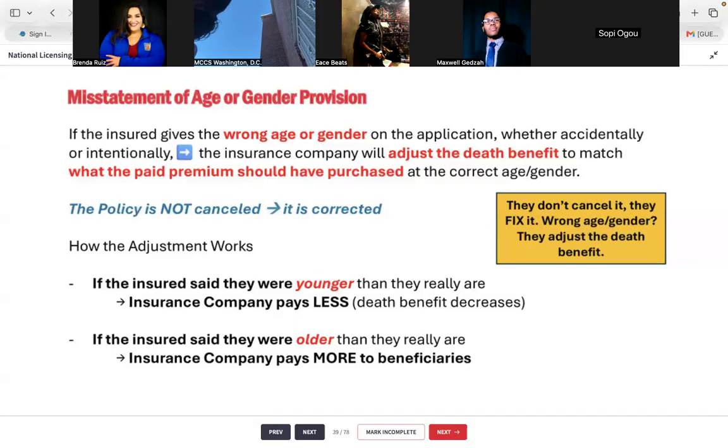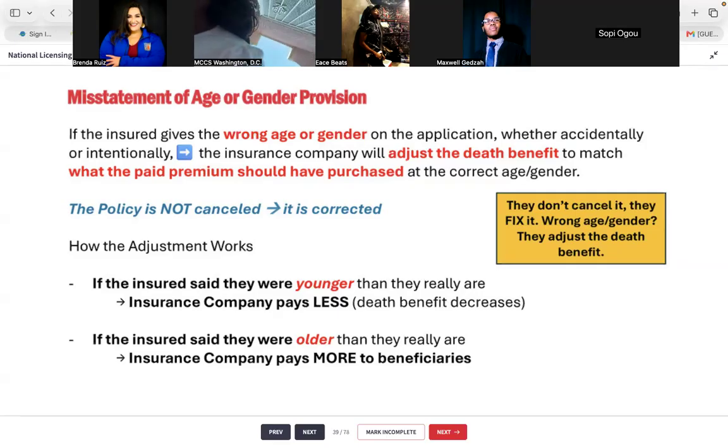Policy got issued. And it wasn't until the policy got delivered to me that I was like, wait, why does it say male? And I looked and I'm like, wait, this was my fault. I messed up. So it was just a matter of contacting the insurance company and saying, hey, I made a mistake. They said, no problem. We'll reissue the policy with the correct gender. And they just fixed it and sent it to us. It wasn't a big deal.